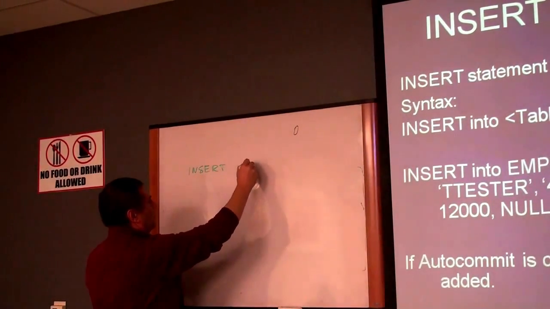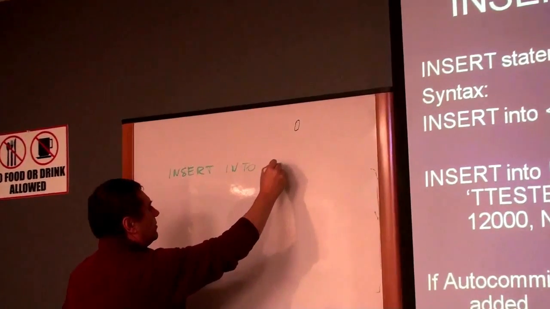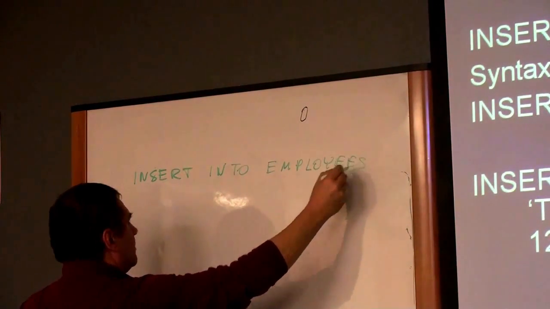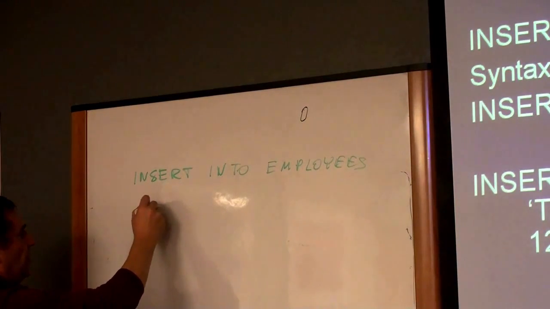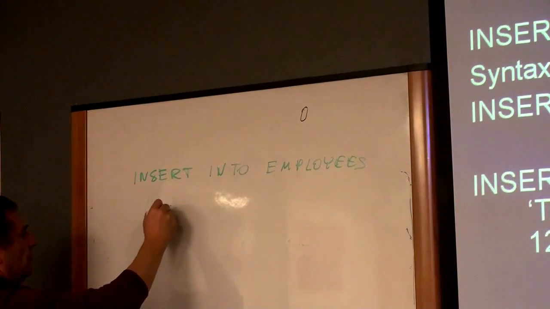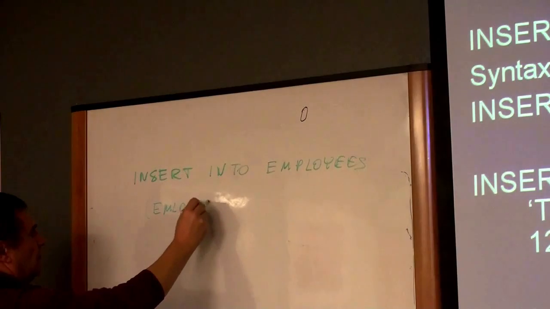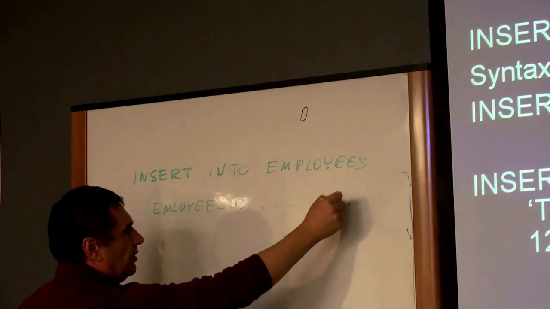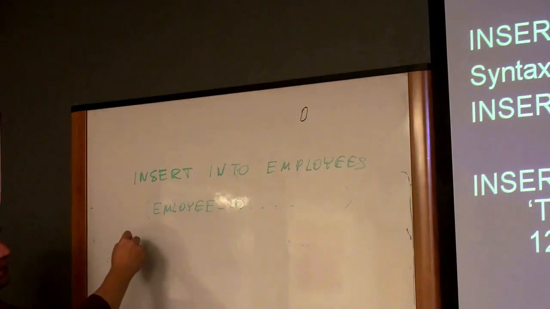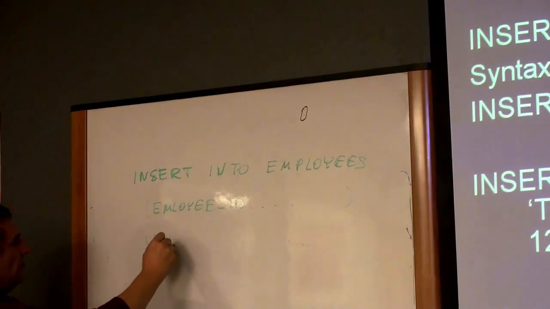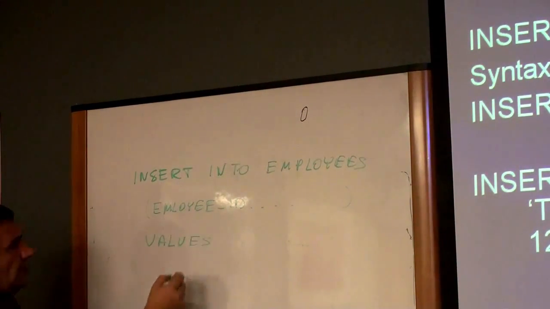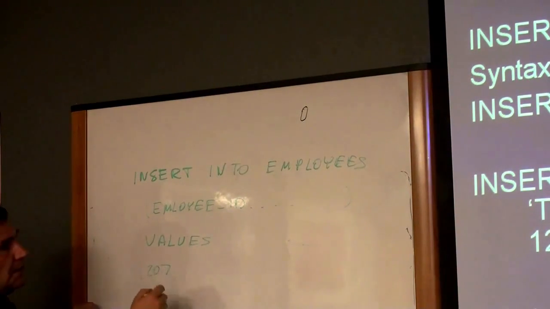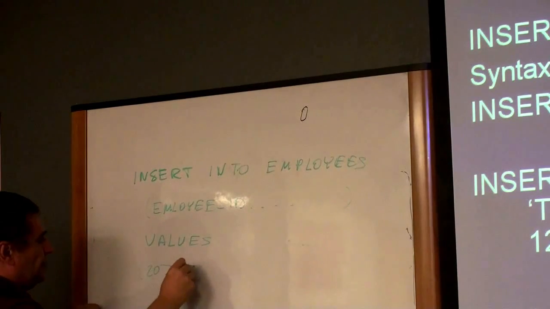into employees. For example, you have to say employee ID, and then you list basically all fields, values. And the values will be as shown here, 207, and then tester,